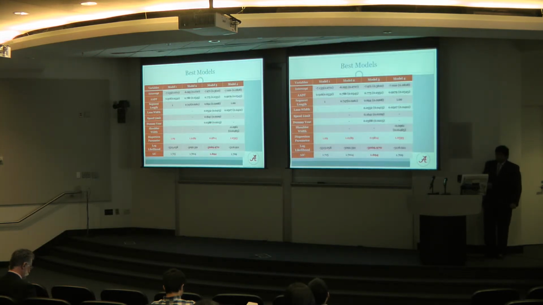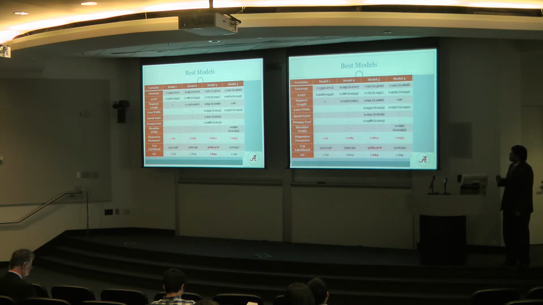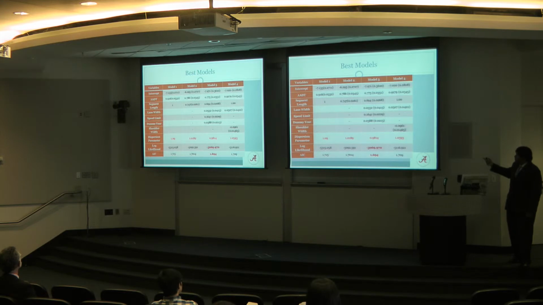So these are some of the results. These are pretty much the same as what we saw in the previous project, just for a different case. You would see that the model in the center, the third one, is the best model with the lowest log likelihood value, which is the goodness of fit statistic we use, and AIC. They both are almost the same. Another important thing to see here is that all the dispersion parameters are close to 1, which says that this model fits our data very well.